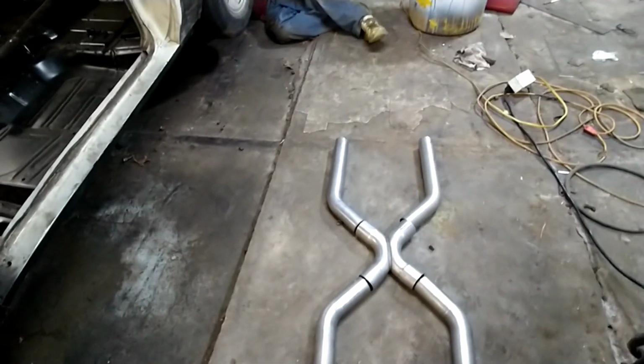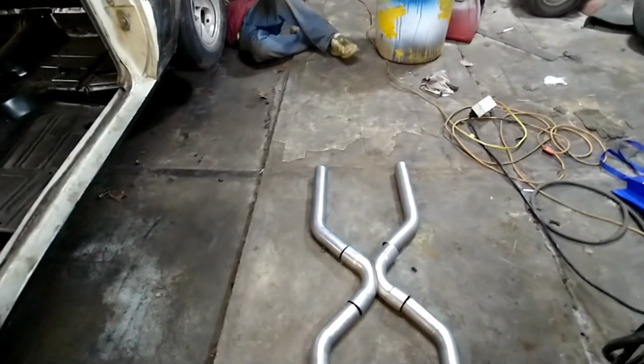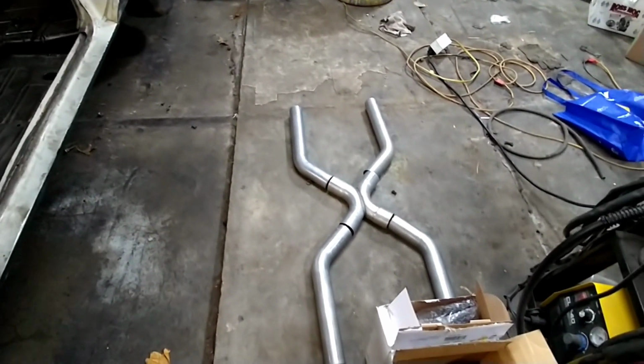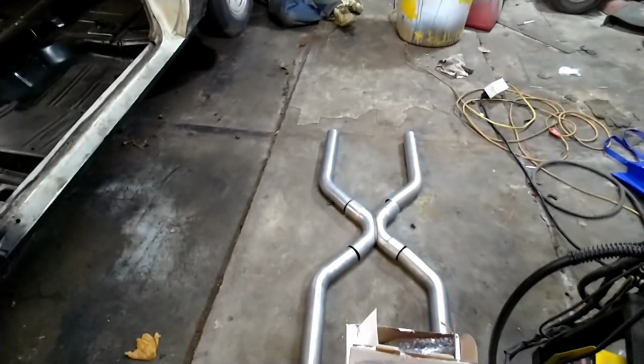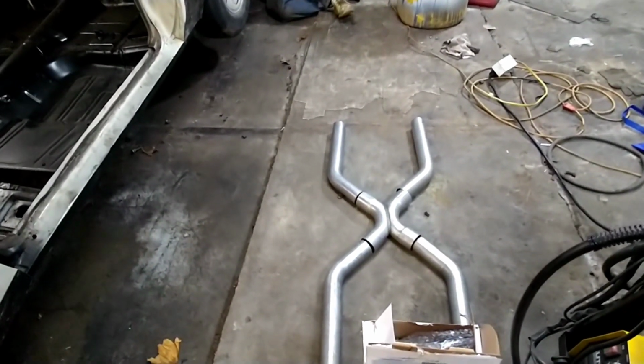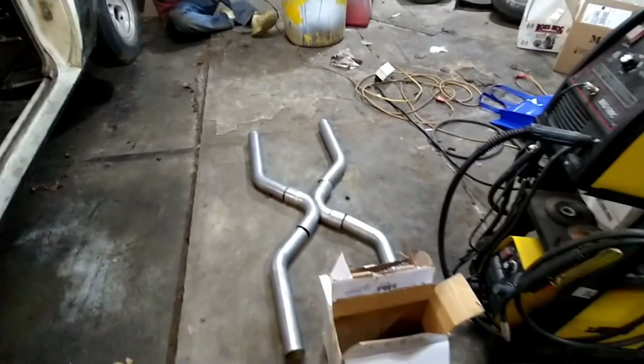Got this X-Pipe from Summit. They had it on an open box special. When we got it, we kind of figured out why. It looked like somebody might have defecated inside of them. Maybe used that pipe mistakenly as sewer pipe. Not real sure. But he also picked up these